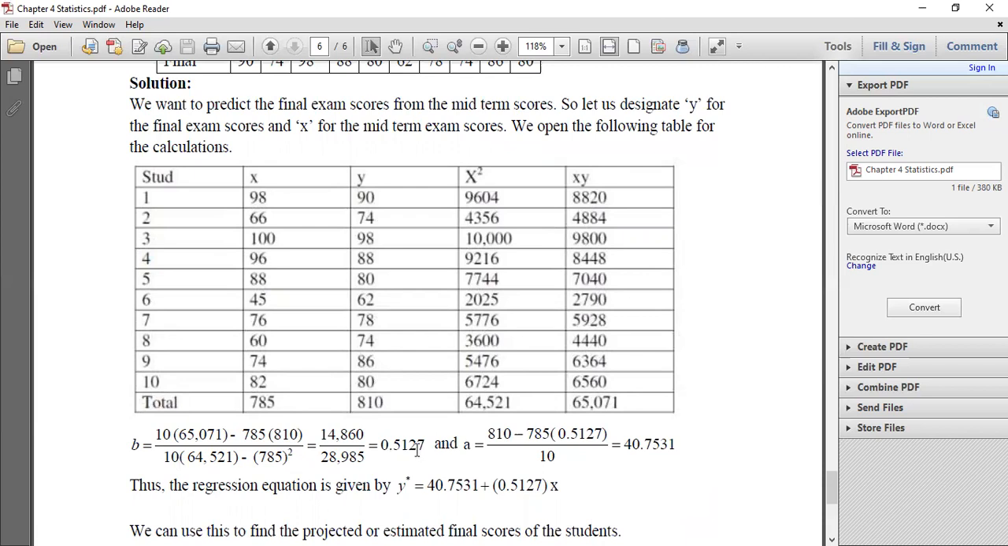Then again, you get 0.5127. So that is the value of b. Then when it comes to a, we have summation of y. So 810 is the summation of y, again, you are going to confirm whether that is correct. 810 is the summation of y minus b times summation of x. So 785 is the summation of x, then this is the value of b, then divide all that by 10. And you get a is equal to